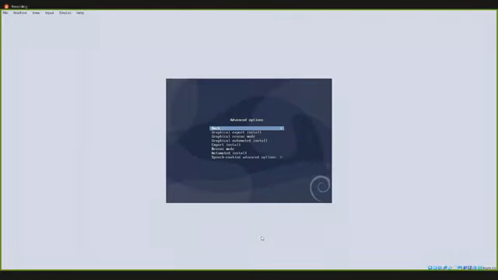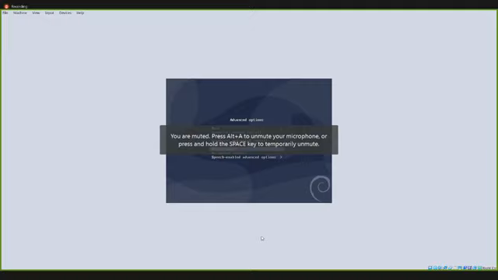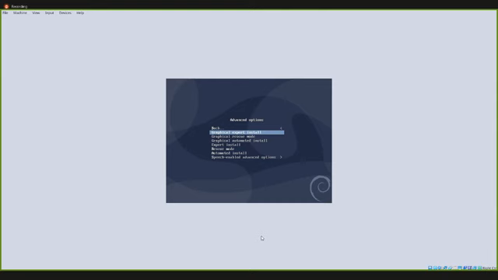But the reason I'm showing the advanced options here is for troubleshooting. Let's say the Ubuntu machine is totally unreachable, unresponsive. In that case, you need to go to the rescue mode, and in order to go to the rescue mode, you need to have the Ubuntu CD. So graphical expert install, graphical rescue mode, these are used for our troubleshooting purposes. But anyway, we will go ahead with the graphical install, and I'm going to say